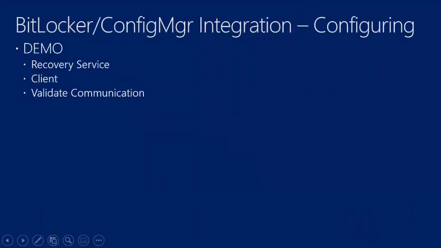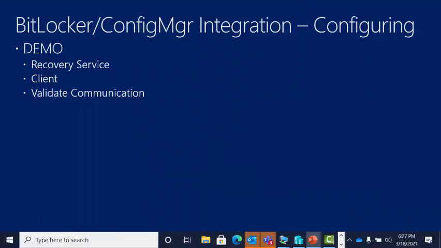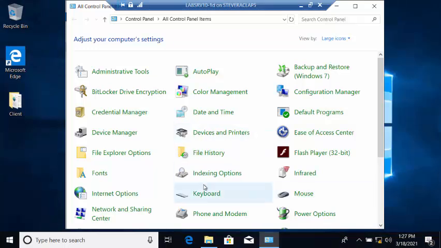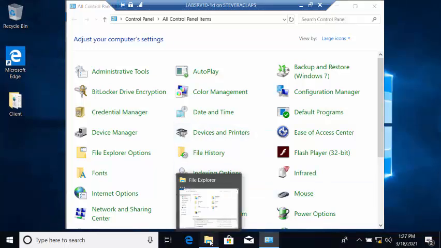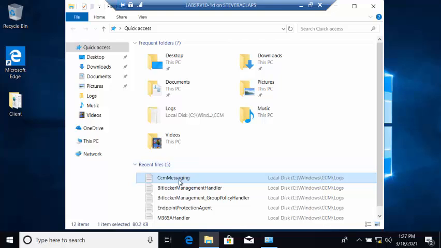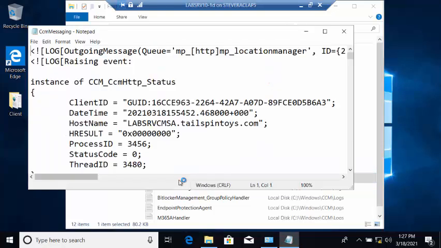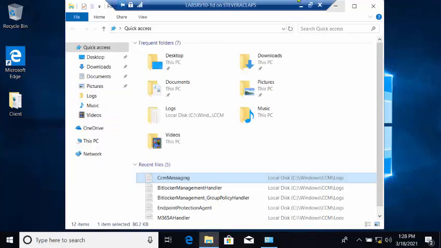Now back on the client, we want to check the logs there too. And so I showed you already, but I'll show it to you again, CCM messaging. This is the log that takes all of the messages from the client going to the management point and actually copies them up. So if you're going to have problems communicating with the management point, then you will see them in this log, right? So this is a great log for a lot of different reasons. And then back to the site